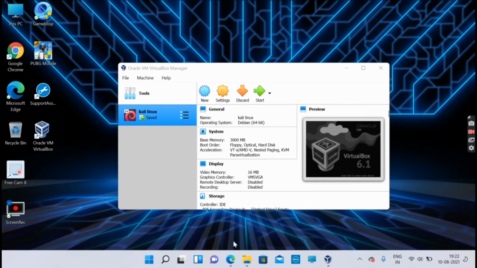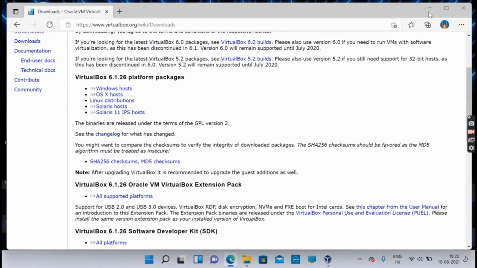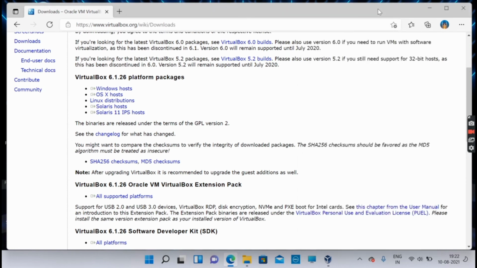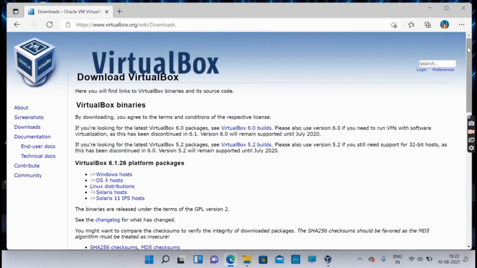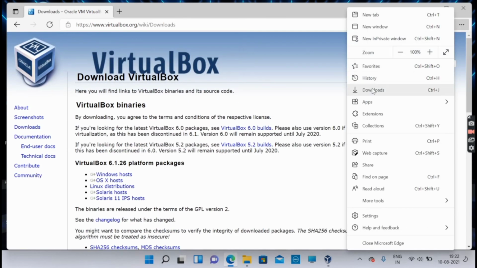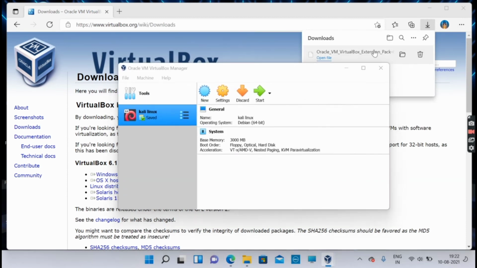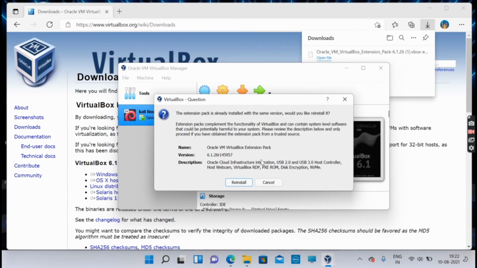Now once that is completed, just go back and look for the extension pack which I have already downloaded. I have already installed it, but I'll try to reinstall it. Just click on the download, and then I'm going to the VirtualBox extension. You can see that it shows I have already installed the extension, so just close it down